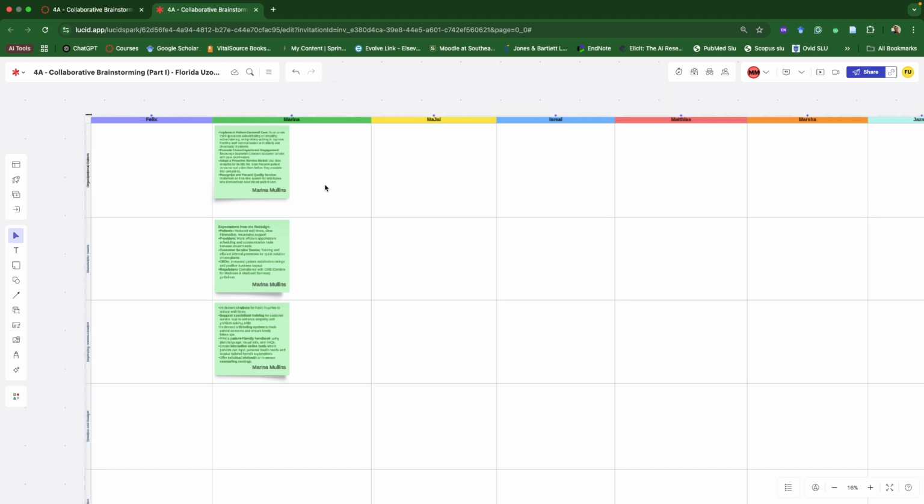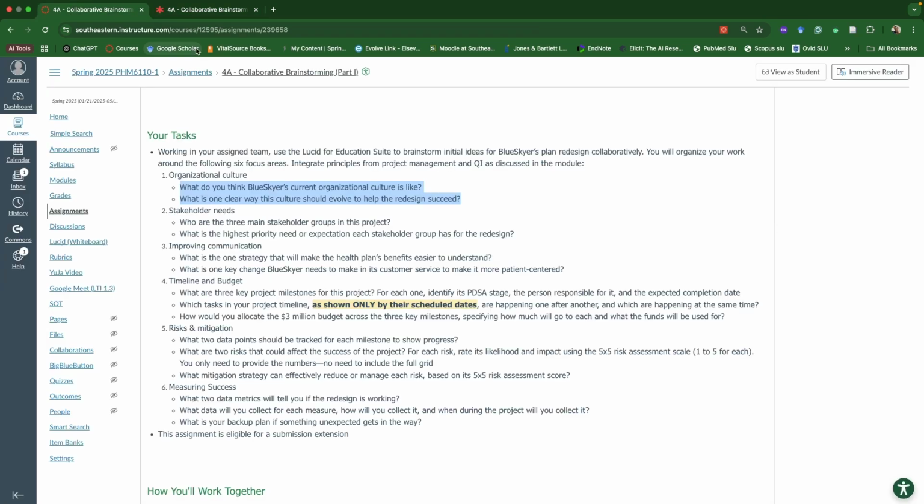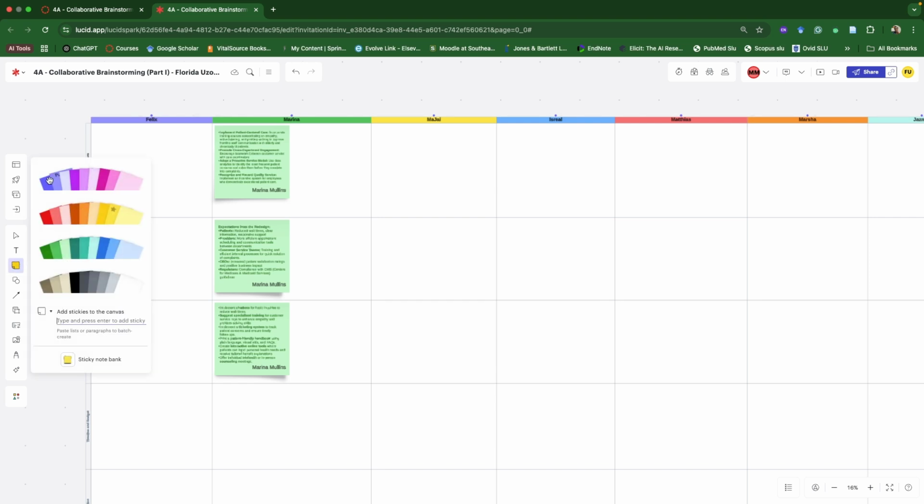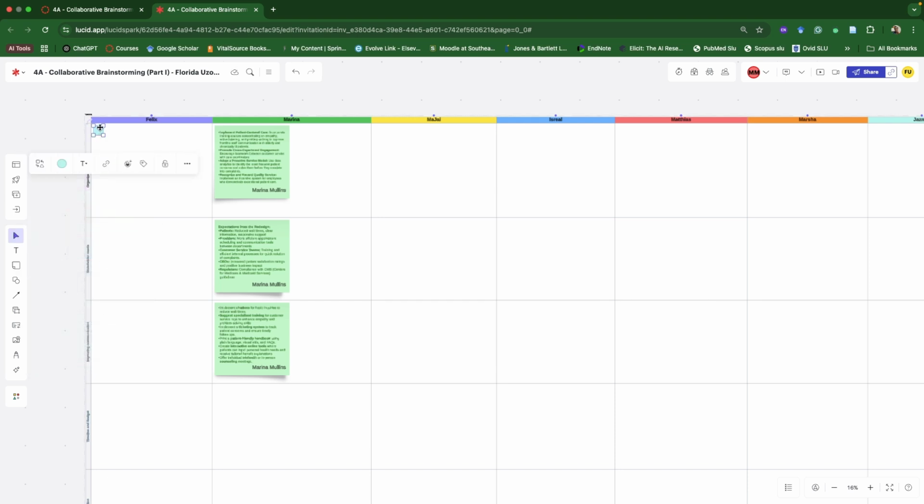All right. So this is where you would enter the answers to those questions that have now been asked. So let's say you are Felix and you are responding to these questions. What you need to do is to use your sticky notes to do that. You can either click on the sticky notes and select the design, the color that you want, and then you just press that and it's there. That's one way. Another way is just to double click and it will come out here. But if you just double click it, you can go back and change the color in this way.